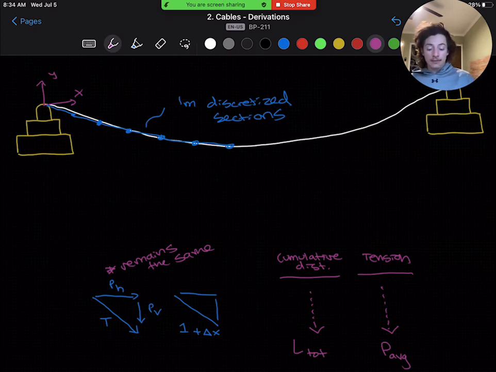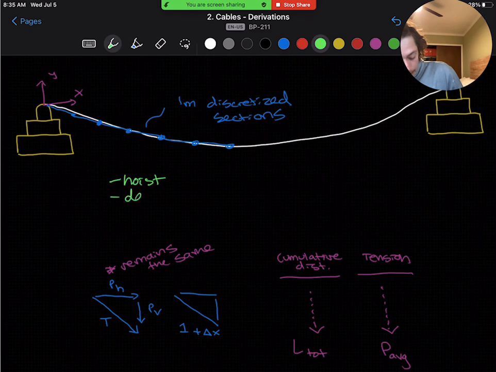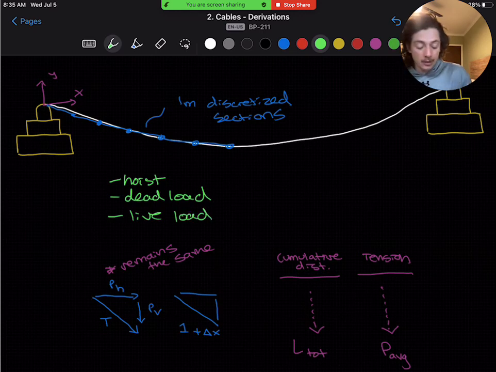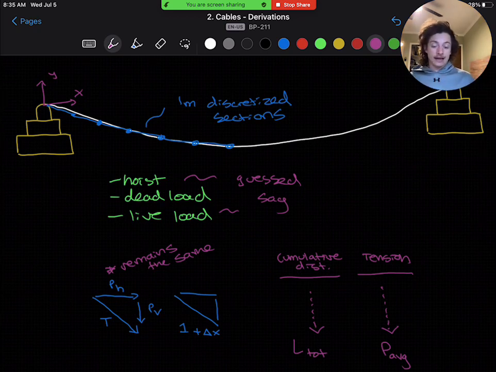So we'll set this up for our hoisting. We'll set this up for our dead load. And we'll set this up for our live load geometries. And remember, these are going to be based on a guessed sag value for hoisting and live load. And then once we have this guessed sag value and we've set up our coordinate systems and our force triangles,